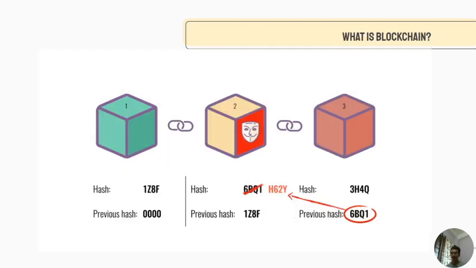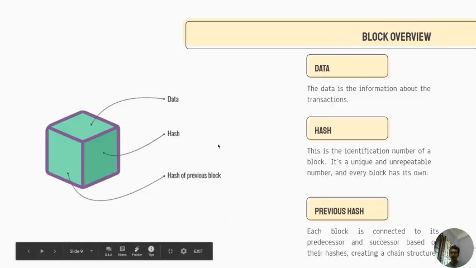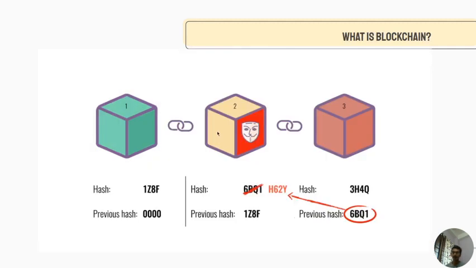But what if someone tries to hack? Now let us look into it. The same diagram which you see right out here is the same out here too, but the second block is holding some other data, and as I said, the hash also depends upon the data. So if I change the data, it means I have changed the whole hash, right? So now I get a different hash right out here, but I am connected with the blockchain, there is a block after me and before me, so I am kind of trapped.